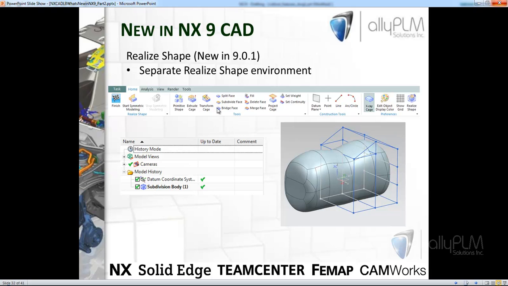It puts you in a different set of tools, things like start symmetric modeling, extruding a cage, transforming a cage. There's where I said that idea of a cage. We can split faces up as much as we need to get to control the shape we need. You'll see in the tree, the history tree here in the Part Navigator, it creates a subdivision body, almost its own feature. To make changes to what you've done with these tools, you need to edit that subdivision body feature. Everything that you're doing up here is tracked in that one line item. And we can use trims and booleans and shells and so forth and blends on top of this feature to